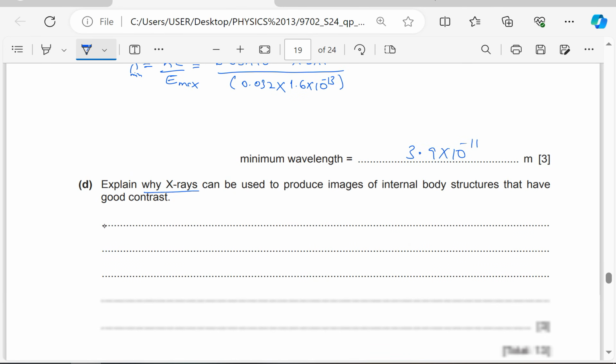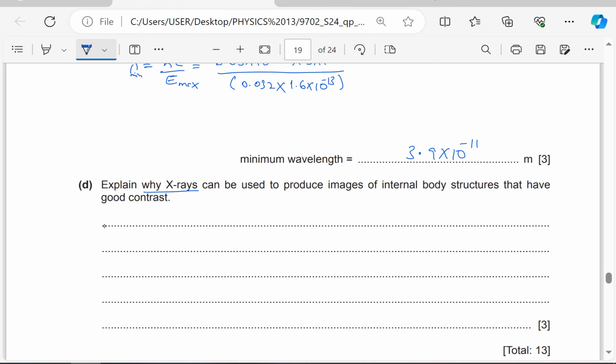Explain why X-rays can be used to produce images of internal body structures that have good contrast. When we talk about good contrast, we are actually referring to bone and soft tissue. Why? Because bone and soft tissue have different attenuation coefficients for X-rays, and therefore the absorbed X-rays are different extents, giving a very good contrast. So I'll simply say bone and its surrounding soft tissue